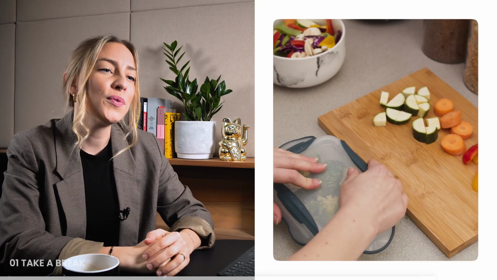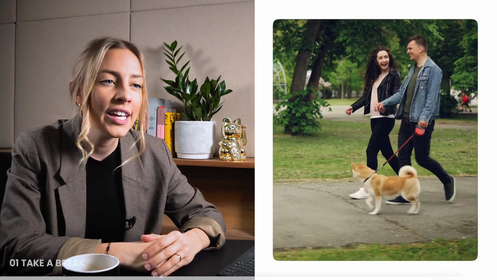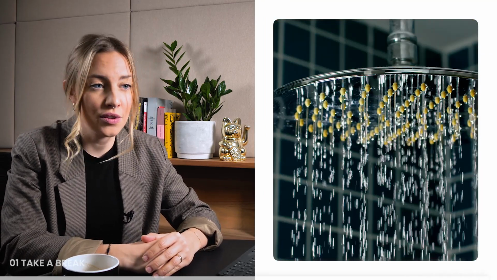You can perhaps even write down a list of activities that you can do instead of trading. And once you find yourself triggered, not in the right headspace, just pick one of these to devote your time to. Some of my clients would, for example, cook their lunch, go for a walk, have a cold shower, etc.